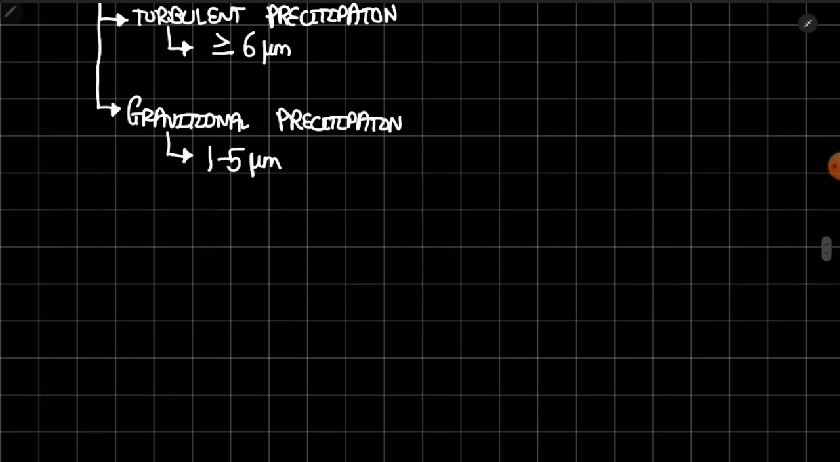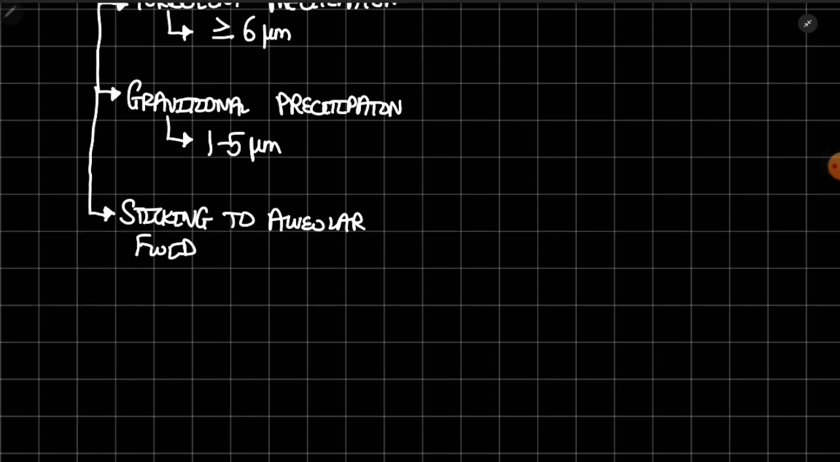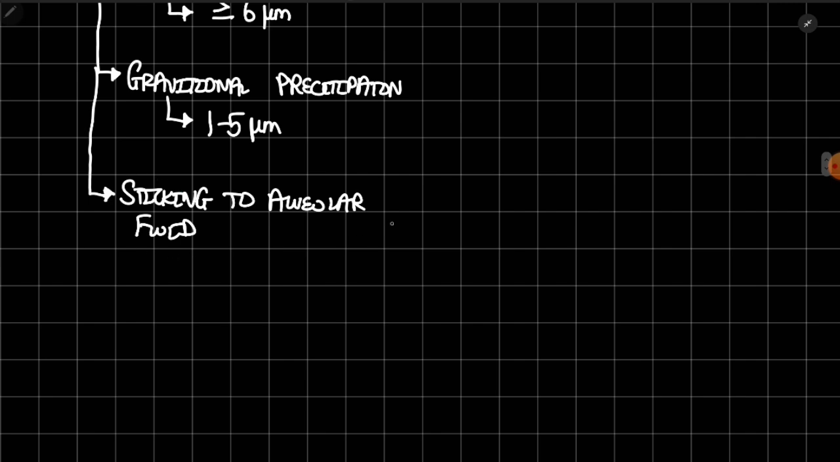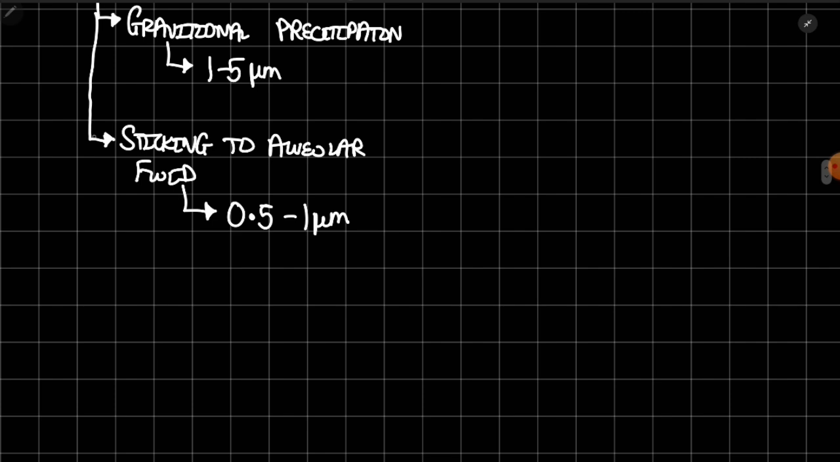Now, the third type is alveolar fluid, basically sticking to alveolar fluid. The explanation is self-explanatory. The particles come to the alveolar fluid and they get stuck in it. The size of the particles should be 0.5 to 1 micrometer. And the last,